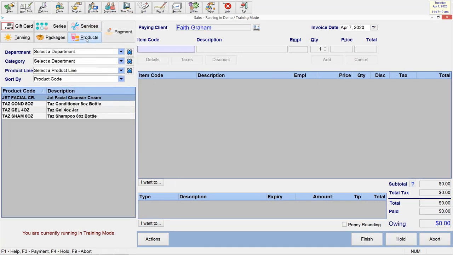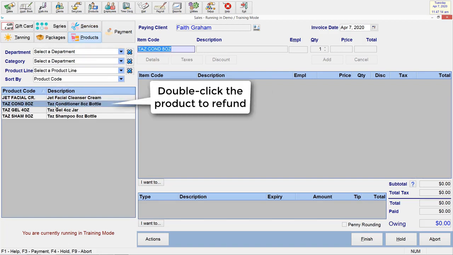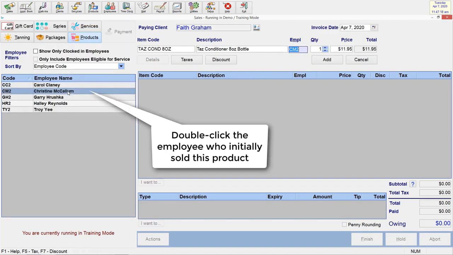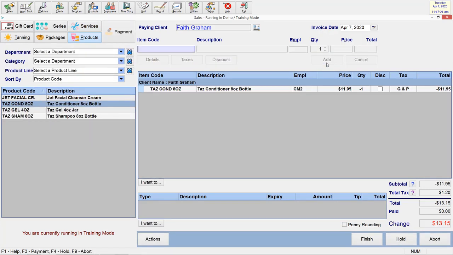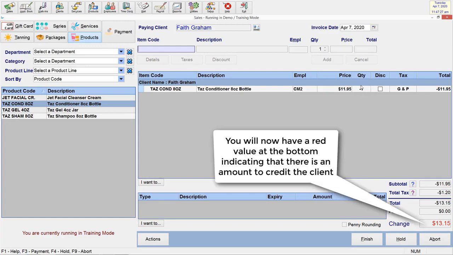Click on Products. Double-click the product to refund. Double-click the employee who initially sold this product. Set the quantity to a negative value. Click Add. You will now have a red value at the bottom indicating that there is an amount to credit